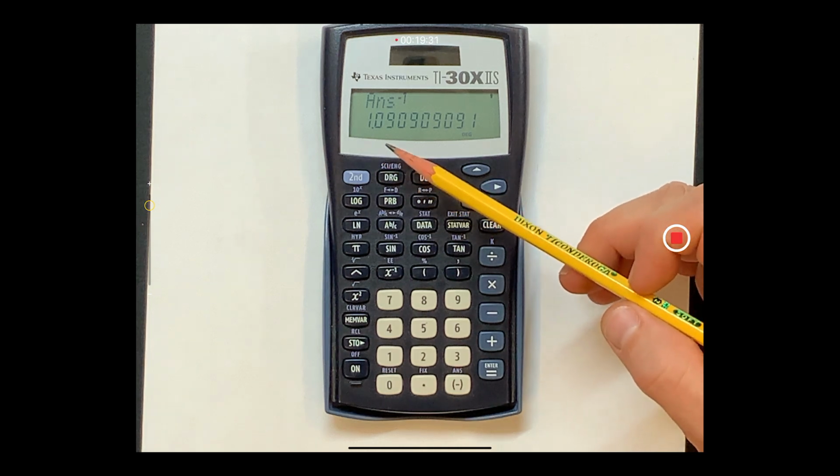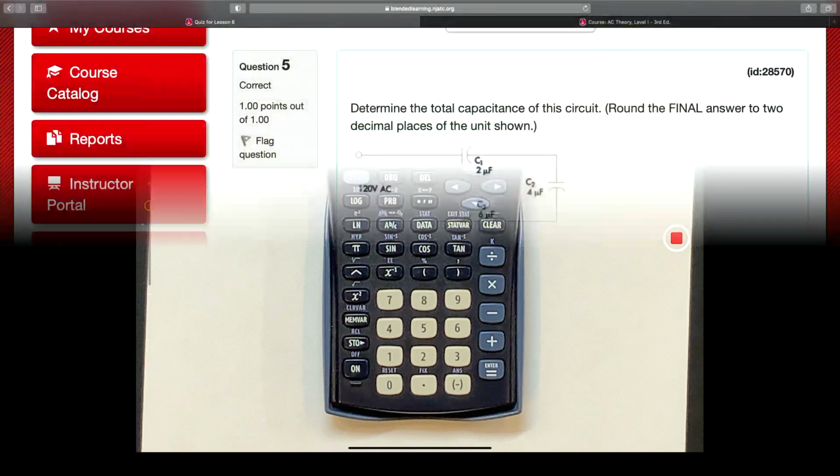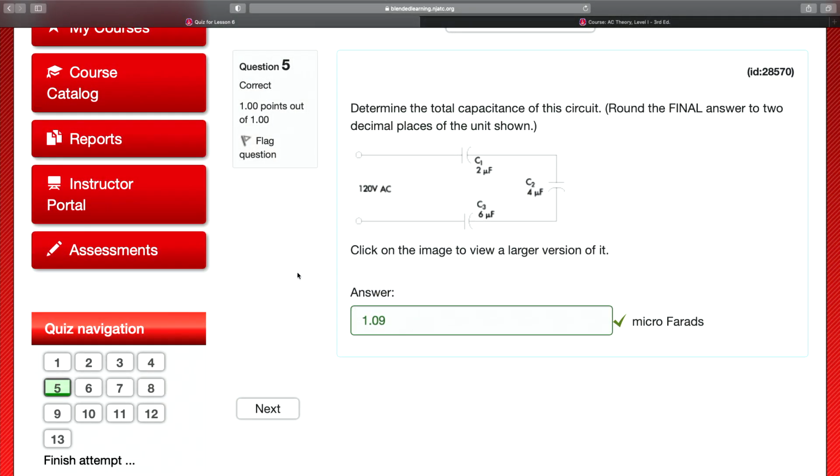It was 1.09 microfarads. And because I never converted out of microfarads, because that's what the question is asking, that is the answer to my problem. So if I jump ahead to question 7,